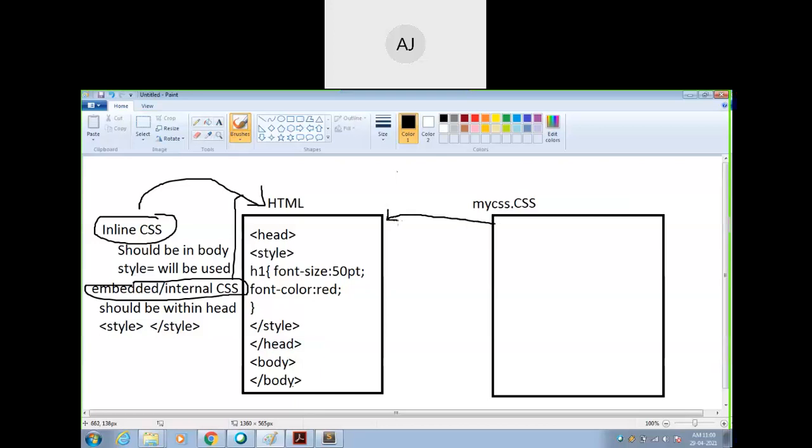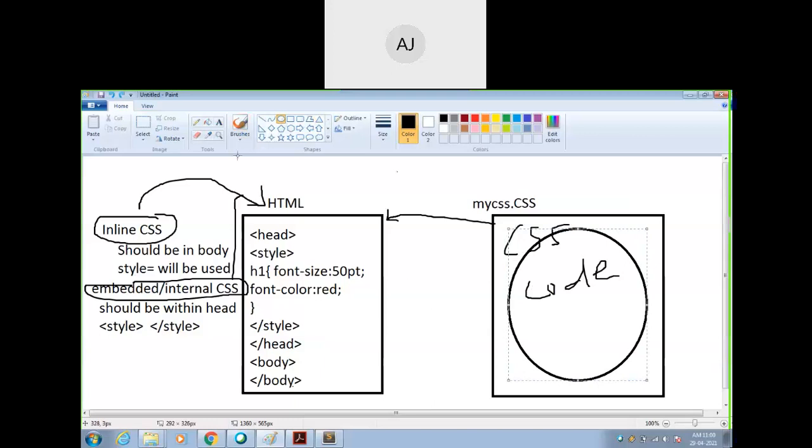Okay, now how are you linking? Here all the CSS code goes. The CSS code will be written by following the syntax of CSS. What is the syntax of CSS? Repeat once again. Selector name, opening flower brace, property 1, colon, value 1, semicolon, property 2, colon, value 2, semicolon, closing flower brace. Yes, so this will be present within this CSS. Okay, are you getting it? So here totally CSS code will be there.